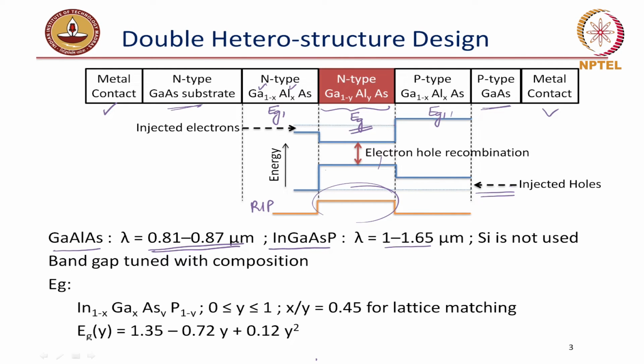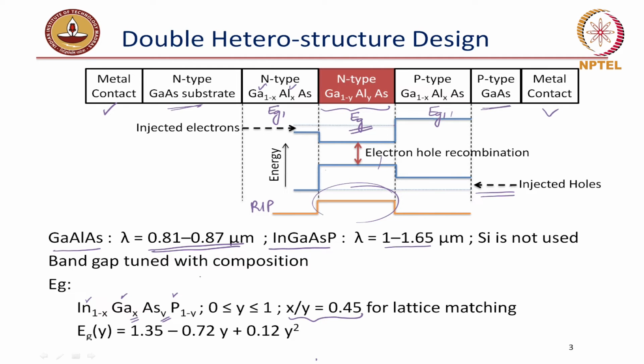So for example, if you want to take a compound semiconductor indium gallium arsenide phosphide with X molar fraction of gallium and Y of arsenic, with indium with concentration 1 minus X and phosphorus with 1 minus Y. Typically this X by Y equal to 0.45 is required for lattice matching. Otherwise, we will have strain developed in the lattice, and that is not conducive for optical transmission, emission. And so if I take, for example, this kind of compound, Y can vary between 0 and 1. Y equal to 0 would mean that it is just an indium gallium phosphide